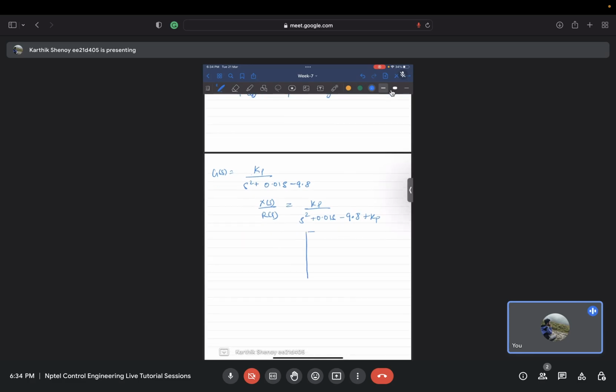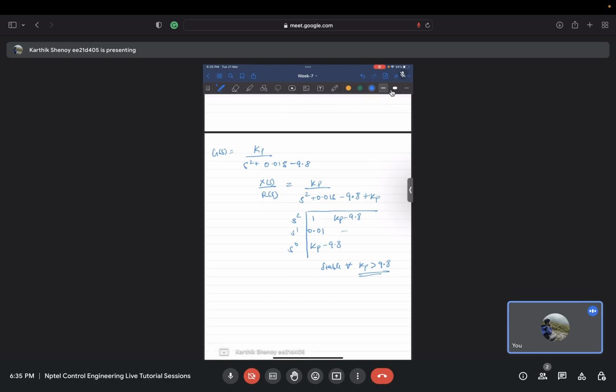Let's take the Routh-Hurwitz. s square, s raised to 1, s raised to 0: 1, 0.01, Kp minus 9.8, nothing. So this will be Kp minus 9.8. So it should be stable for all Kp greater than 9.8. Okay. The problem here is